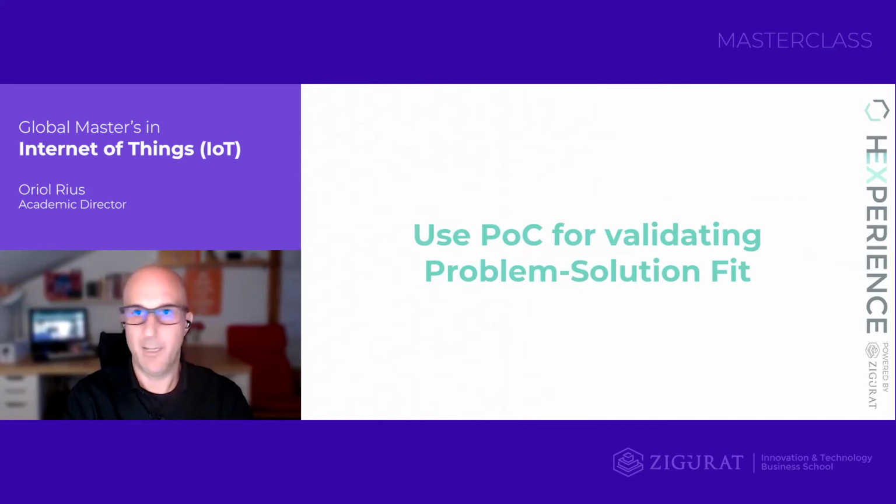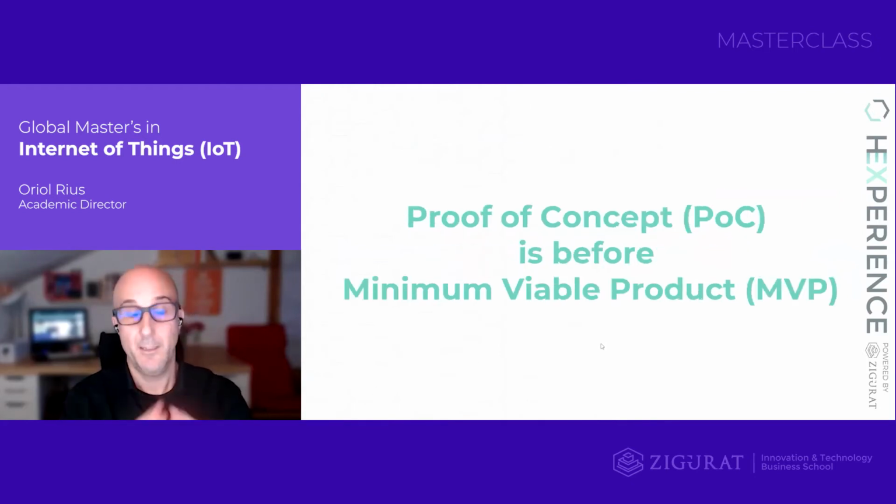And how can we advance, how can we validate our problem solution fit stage? We can do that thanks to the proof of concept. We are going to use proofs of concept for validating our assumptions, our uncertainties about the problem solution fit. And this is very important because I have seen a lot of people trying to develop a minimum viable product from the very beginning of their